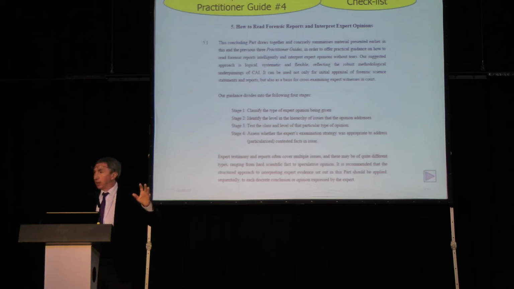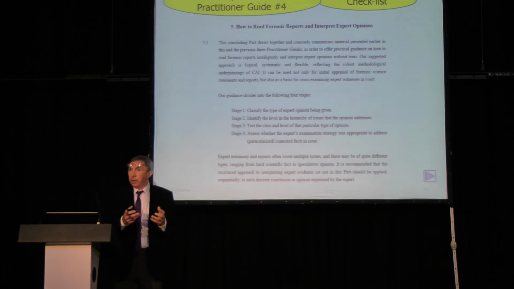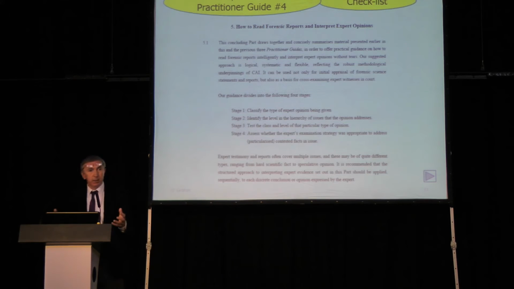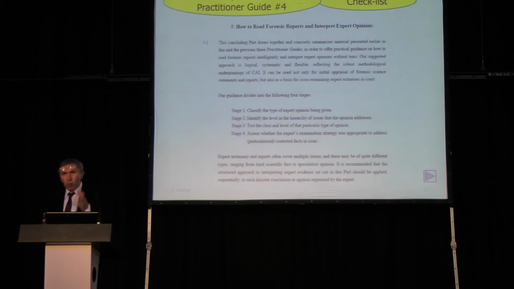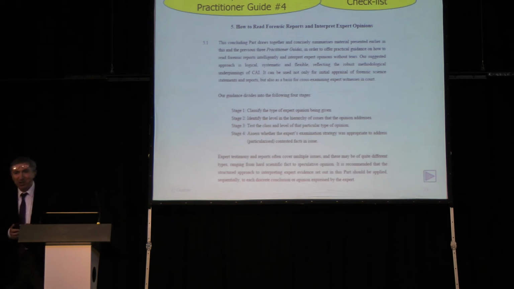At the end of that guide number 4, we put a checklist which is primarily aimed at lawyers to say, here's an opinion. How can I check it? How can I test it? How can I find out from the scientist how they have arrived at that opinion? So we're really hopeful that will be helpful to lawyers as well as scientists themselves to check their own opinions. So I think I'll leave it there, Colin, if that's all the time. I was going to go through the Barry George case, but I don't think we've got time for that.